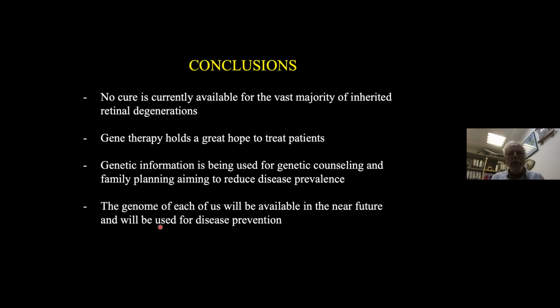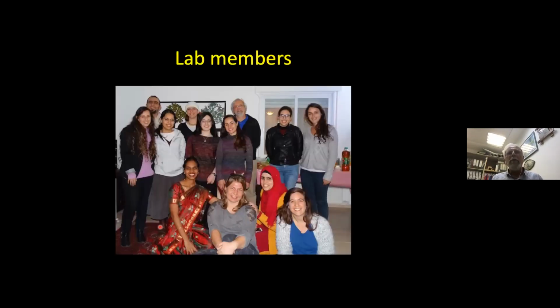And if we look at the future, the genome of each one of us will be available, and we will be able not only to tell which mutations we are carrying, but which diseases we will develop later on in life, and hopefully to treat the disease even before the symptoms appear. So this gives a lot of hope,